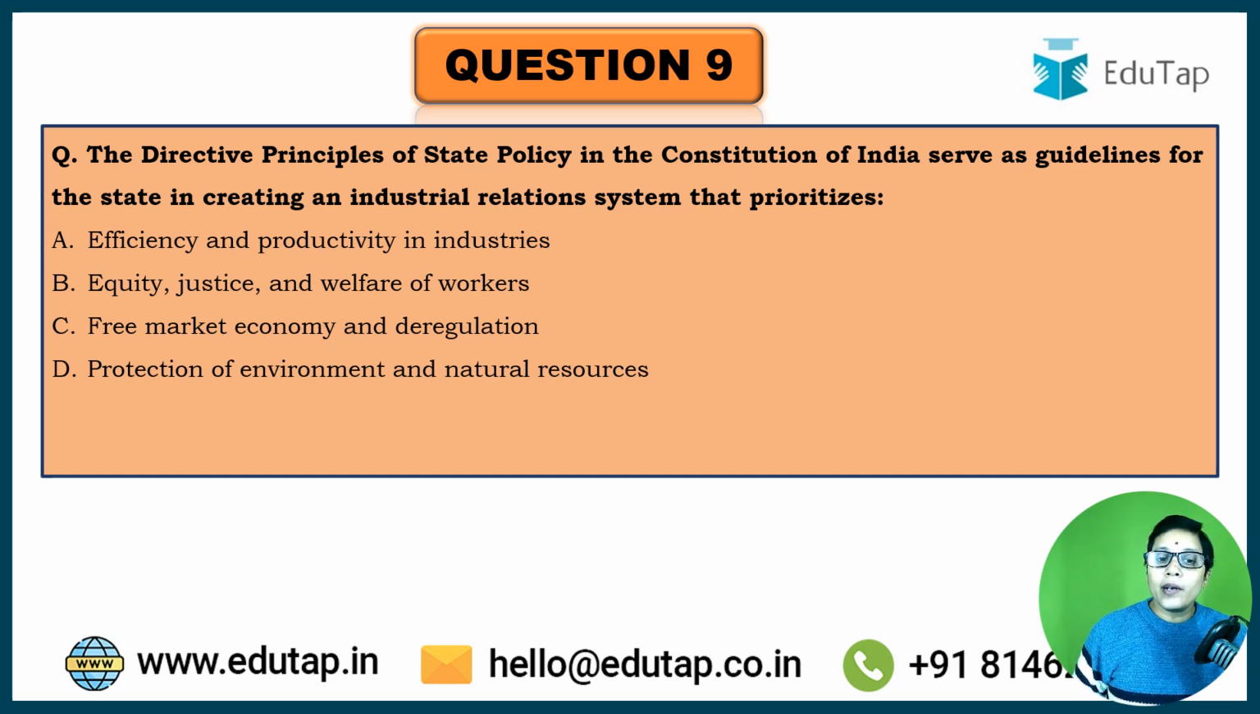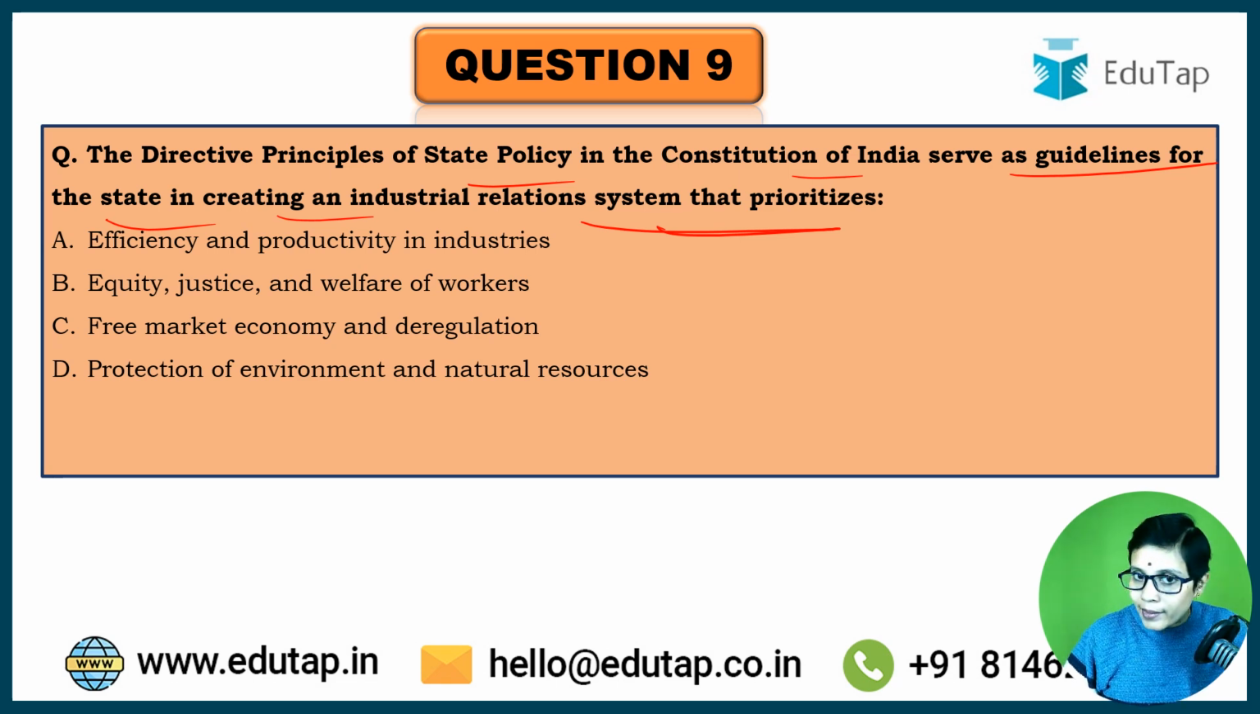So moving on to our next question. The directive principles of state policy in the Constitution of India serve as guidelines for the state in creating an industrial relation system that prioritizes which of the following statements. See, when we talk about industrial relations and the Constitution of India, it plays a really crucial role in shaping the landscape of industrial relations in the country, because they strive to focus on the fairness, justice and well-being of the workers. And the Constitution of India provides basic guidelines for creating the industrial relation system in the country, based on which